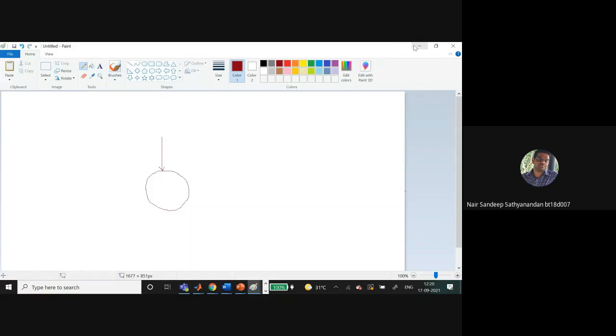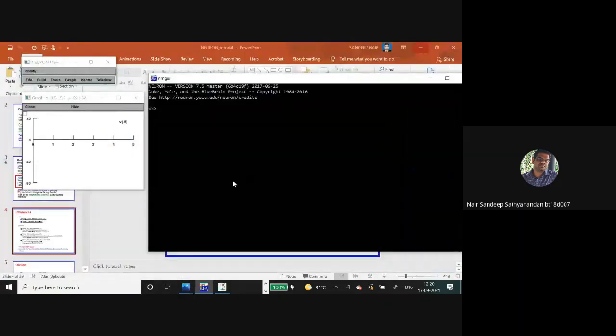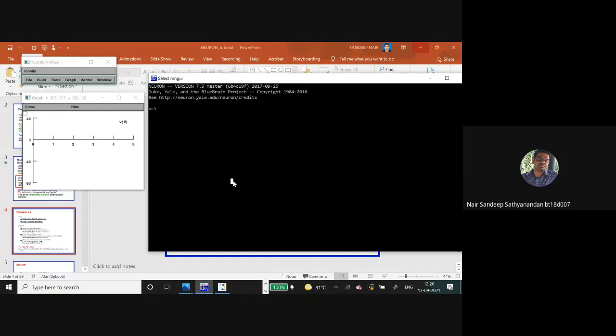So let us start step by step on how to create a soma. To create any component, you can use the create command, and then you say what you want to create. You can create soma. Yes, soma is created.